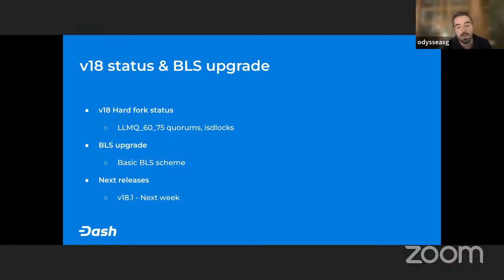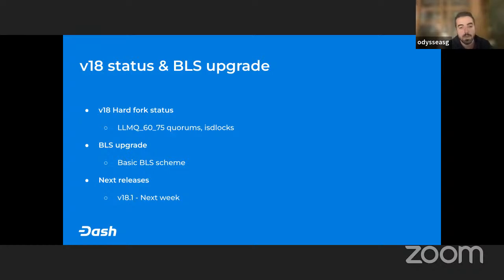So in order to cover the deserialization of older ProRegTxs on the chain, we need to version all kinds of objects affected by this new scheme. Another example is obviously the final commitment of quorums.